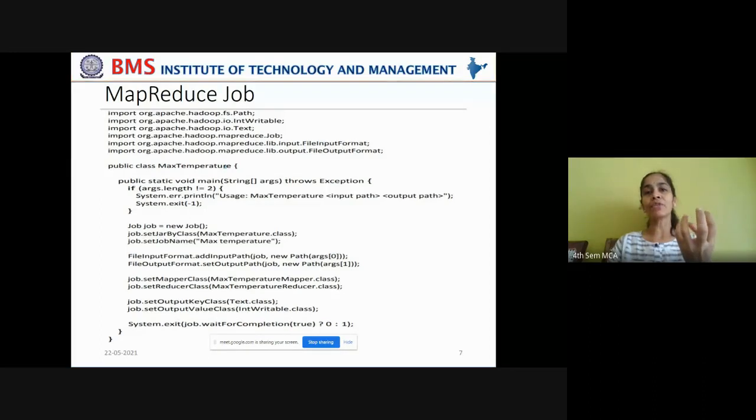creating representatives of this job and deploying it onto various nodes on the HDFS cluster in order to preserve the feature of data locality. What do you mean by data locality? You remember, right? We have come through this concept in the last few classes. Data locality is we are sending the computation to the data nodes where the data resides rather than passing the data to and fro between the data nodes, right?